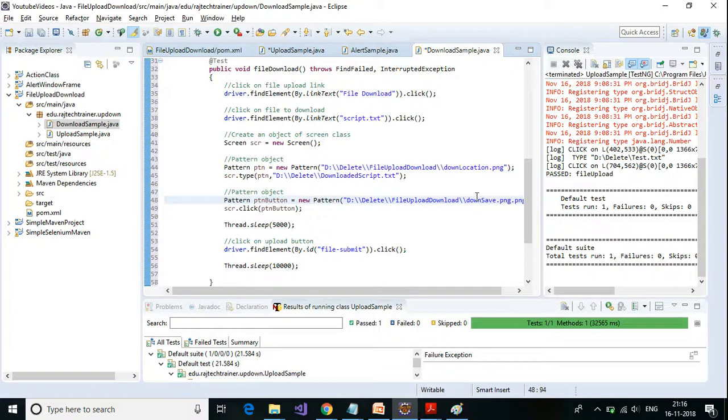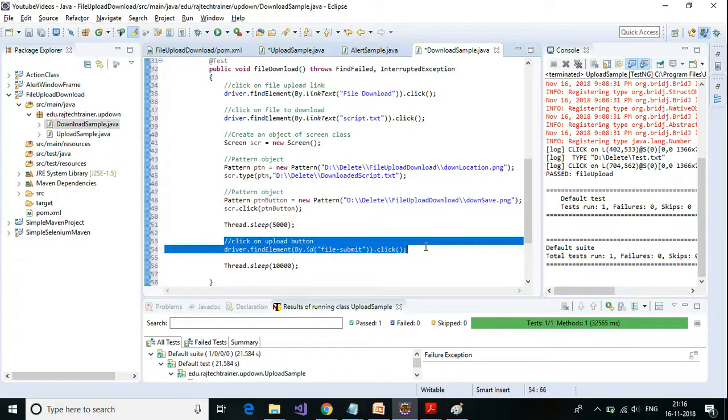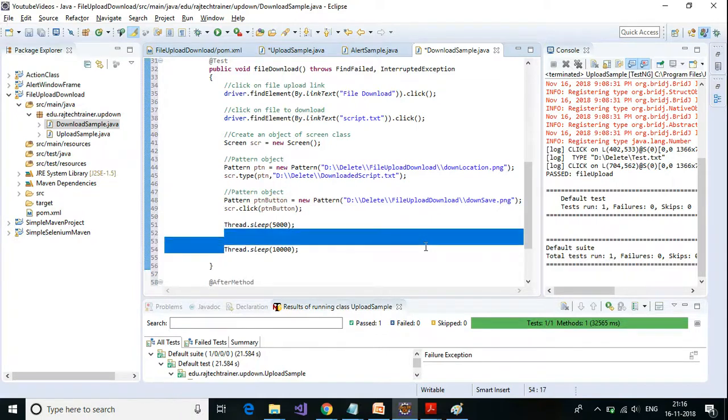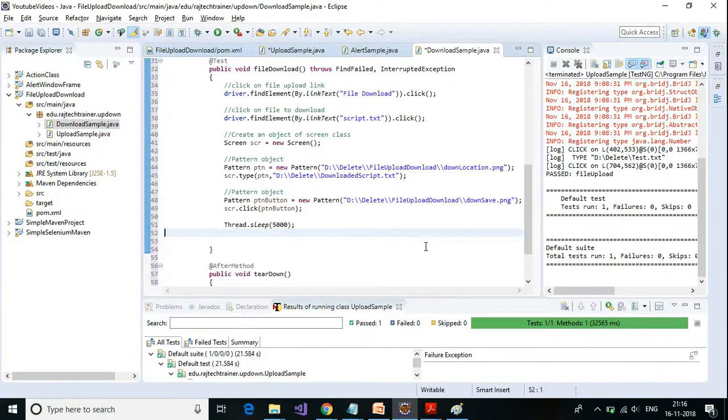Okay, I'm going to call this downsave.png, and then click on that button, and I don't need this. I need to wait for 5 seconds for it to download. Okay,